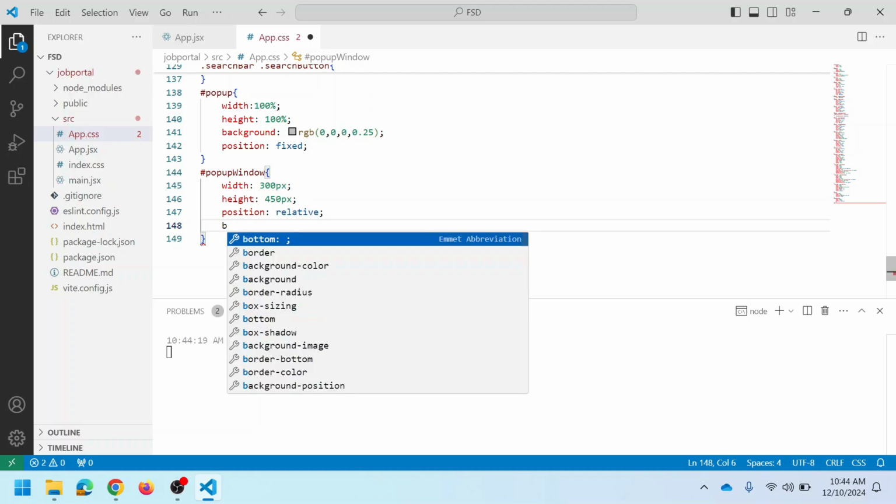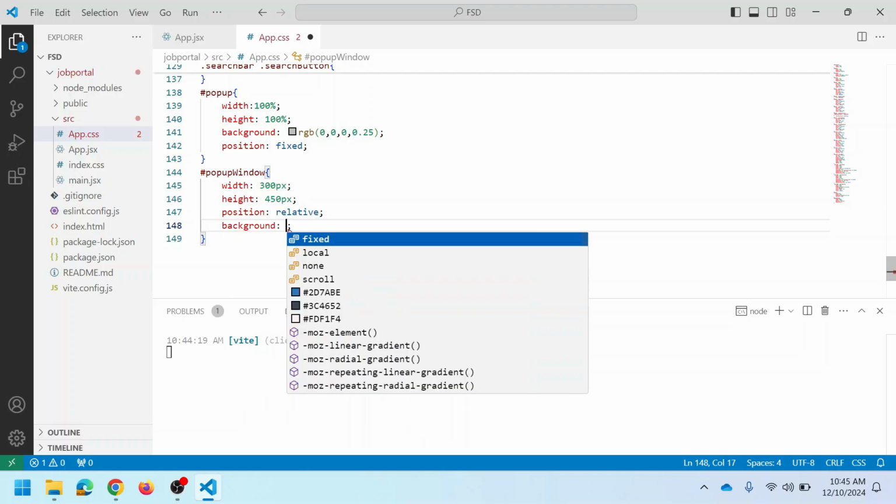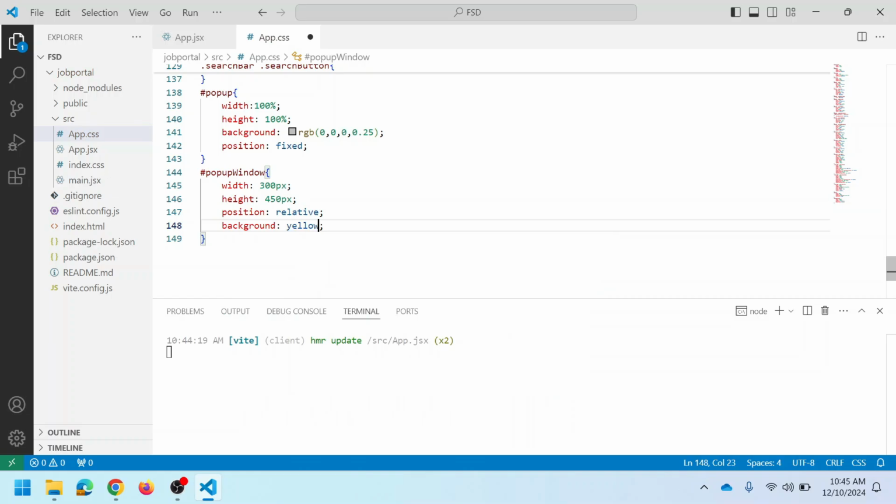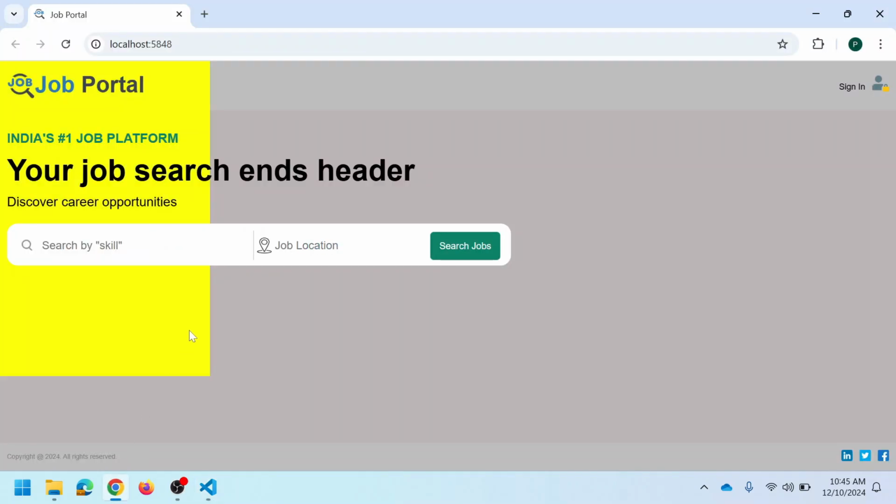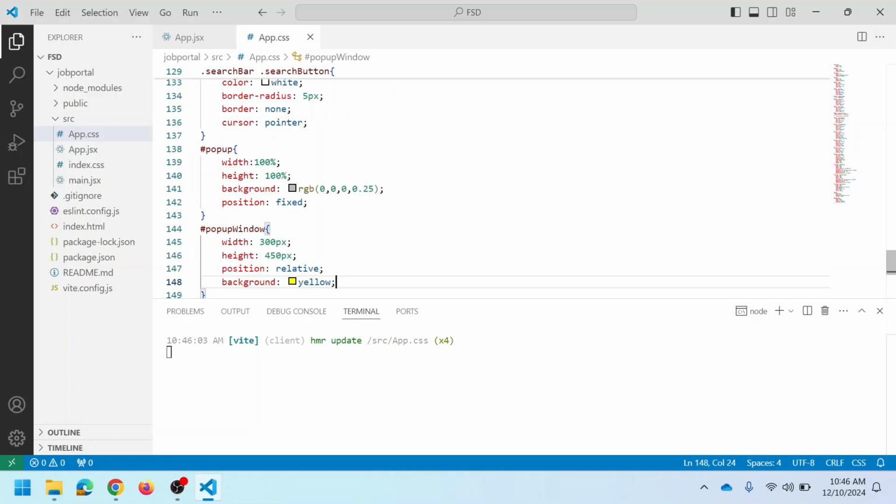Then set background with yellow color. Later we can change the background once it is aligned properly on the center of the screen. Then save changes and go to the browser and check whether the window appeared on the screen or not. It appears perfectly, but it should be on top of the web page. To make this pop-up window appear on top of the web page content, we need to add a style on the pop-up. So go to the style where we defined the div element pop-up, add a style